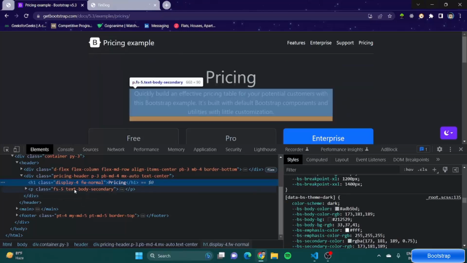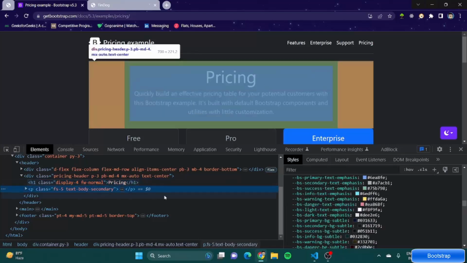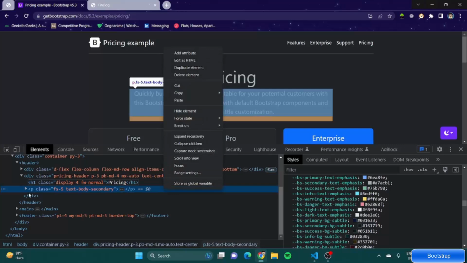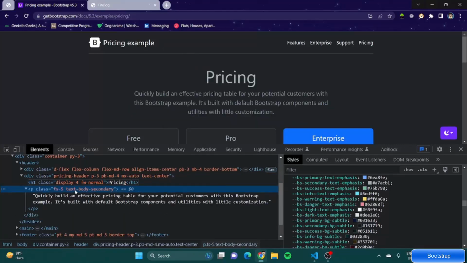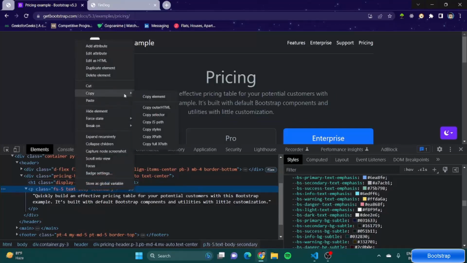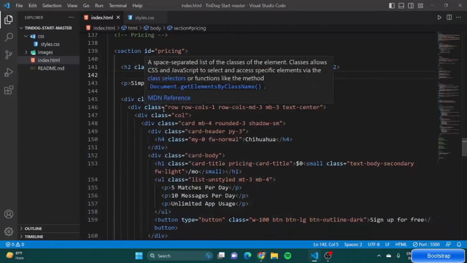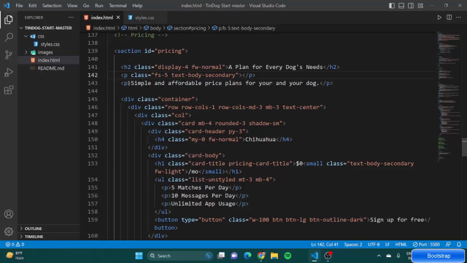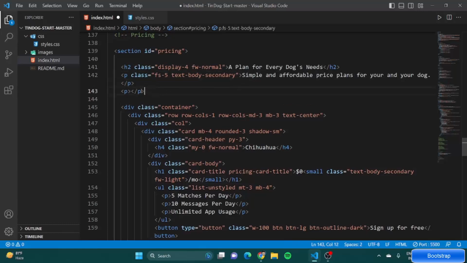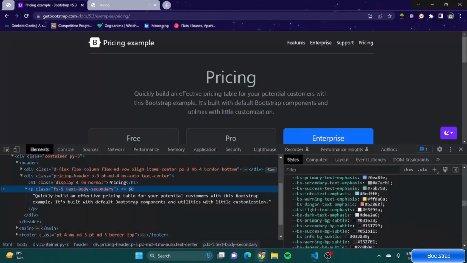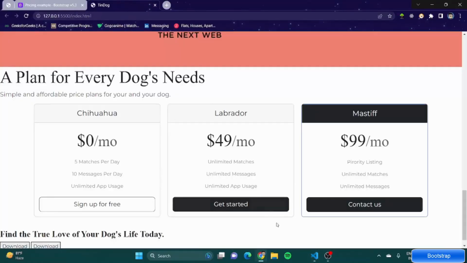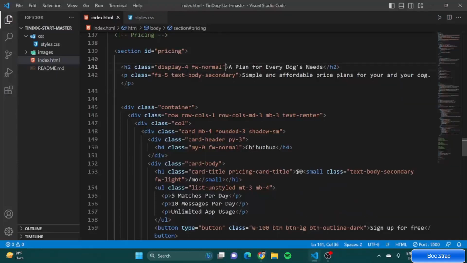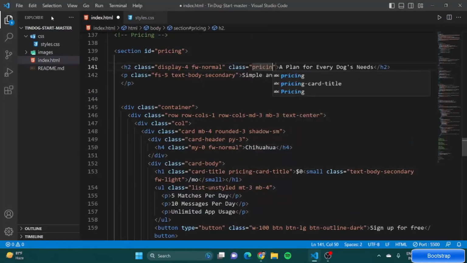Now what we need. We want this paragraph text as well, so you can do simply one thing. Can I? Okay, I can't. I'll just simply copy the element and over here I'll paste it. I don't want this text, I'll remove it, I'll save it again, and I'll simply cut this part, paste it over here, and I'll remove it, I'll save it, and there you go. Now another thing we want here, we can give it a class of, let's say, pricing